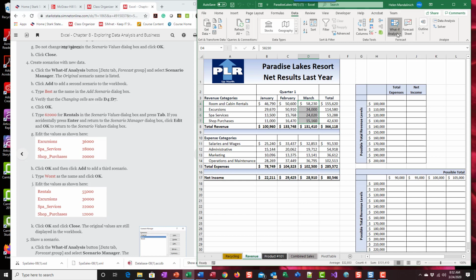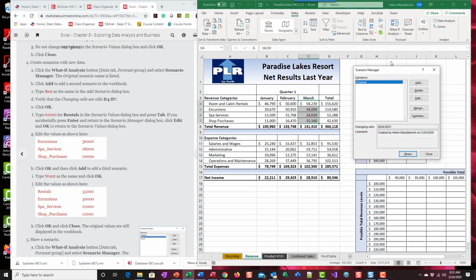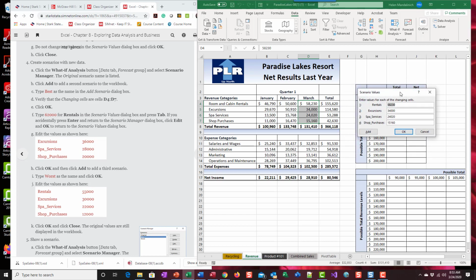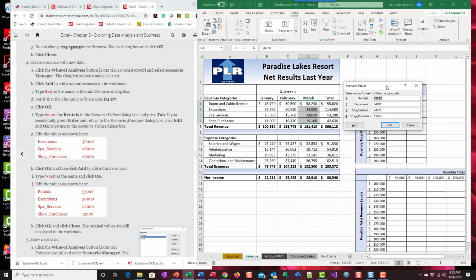So we're going to go back up to that what if analysis, scenario manager, and we're going to add a new one. And this one's going to be called best. And we're still changing those same cells, and we're going to click OK. And then it's going to bring up the values. And so now we want to start changing those. So for rentals, we're going to say, well, okay, what if we get 62,000, which is like our most. So let's try that. And then I'm going to tab excursions 36,000,